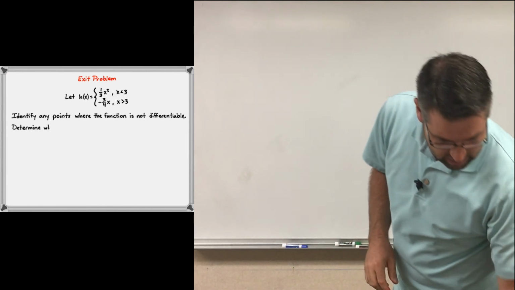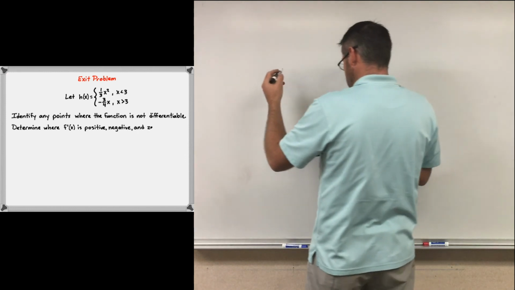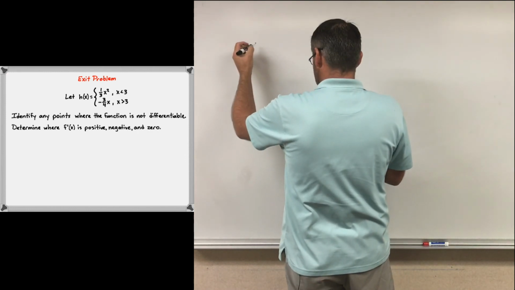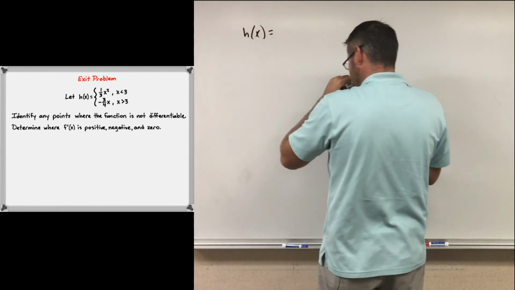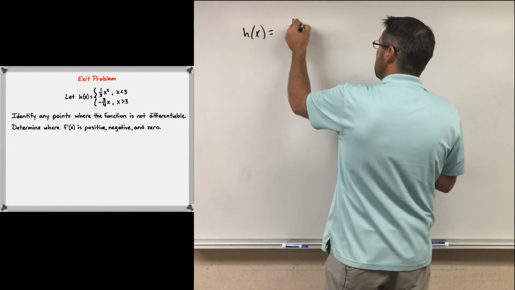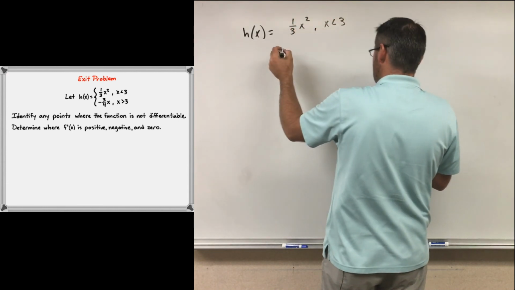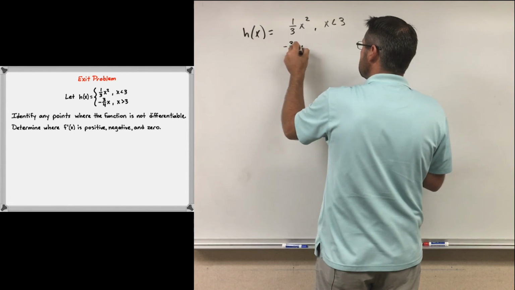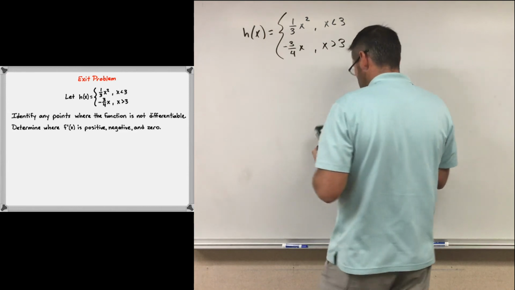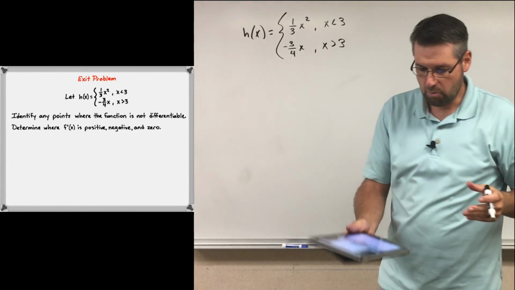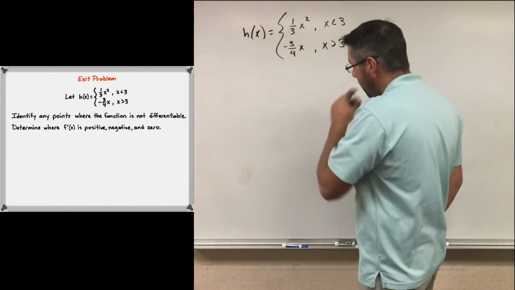So it says identify any points where the function is not differentiable and determine where f prime of x is positive, negative, and 0. Again, we have to observe these things graphically at this point because we don't know how to do derivatives analytically. So 1/3 x squared for x less than 3, and then we have negative 3/4 x for x greater than 3. Okay, so that's my function. We're looking for any points where the function is not differentiable. So graphically,